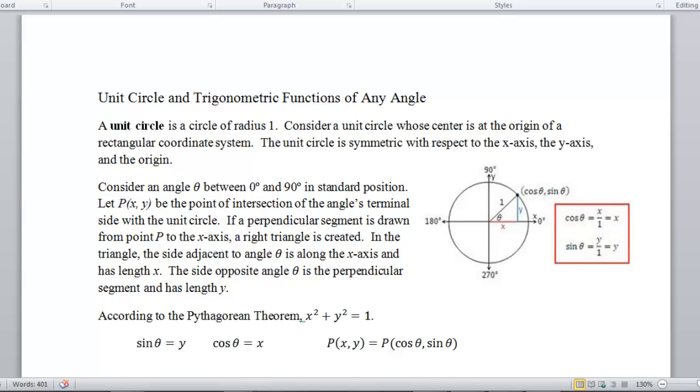Now that we've learned some basic ideas like radian measure and how the measure of an angle relates to the circle and to the degrees, or the unit of measure going around the circle, we can now take a look at a common trig application called the unit circle. Now, the unit circle is basically a circle that has a radius of 1. And using that radius of 1, we are able to come up with values for any point on